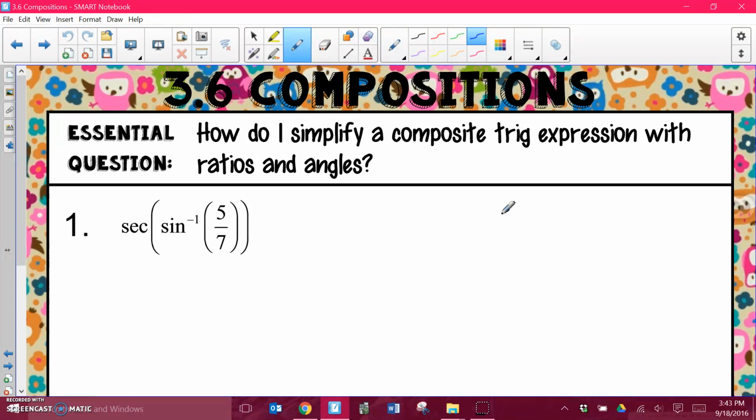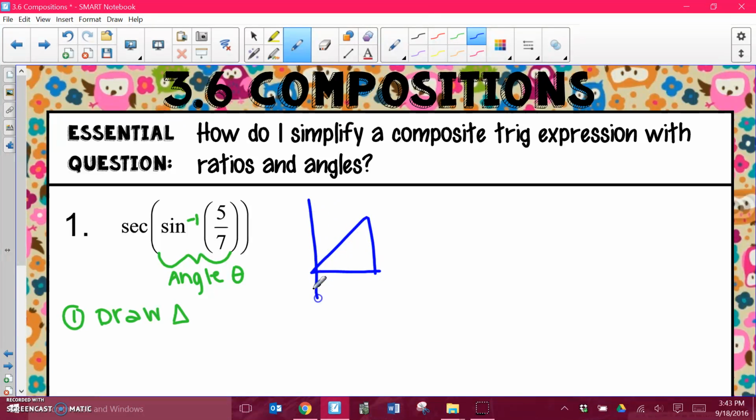So this is the first type of problem you're going to see. It's going to say secant of the inverse sine of some ratio right here. Remember, if it has this little -1 up here, this means that we're really looking for some angle measure. So we're looking for a theta, whether it's in degrees or radians. And so my first step that I'm always going to do here is draw a triangle. So if I draw a triangle for this first one,